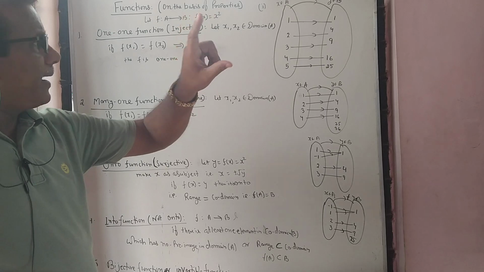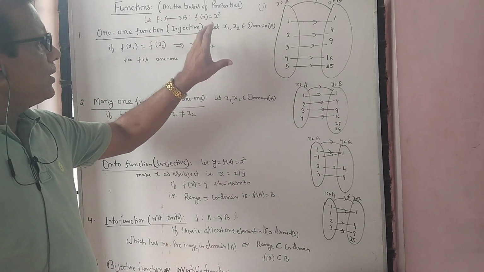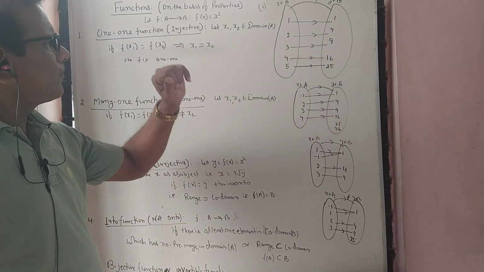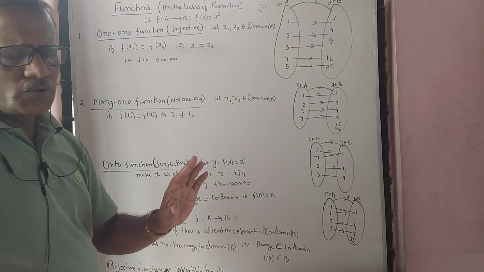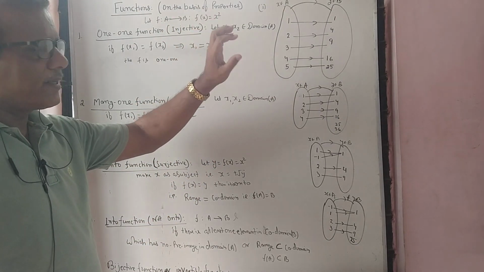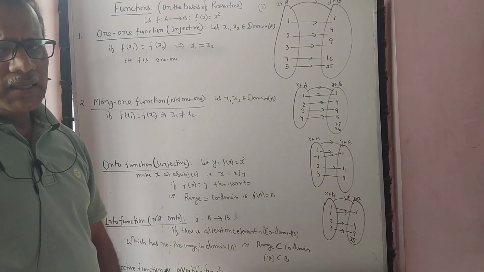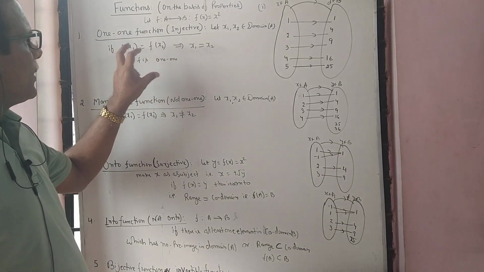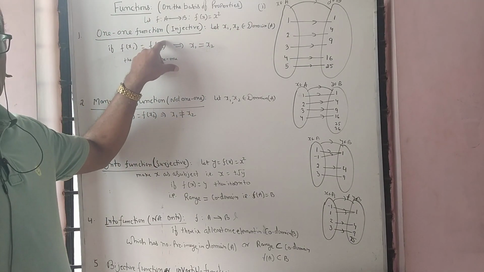Let f be a function from A to B. The rule f(x) equal to x square is taken. Again I shall repeat. Maybe f(x) is equal to x only, f(x) equal to 1 by x also, f(x) is equal to 10x, log x, logarithmic, trigonometric. I have taken algebraic function, that is polynomial function. Now, the first type of function is 1-1 function.